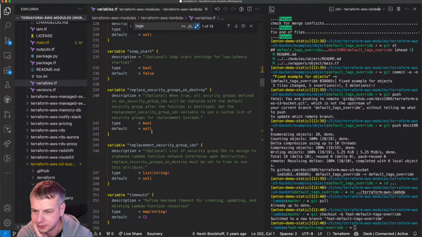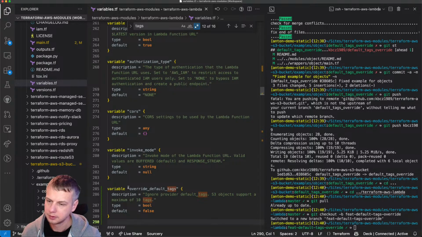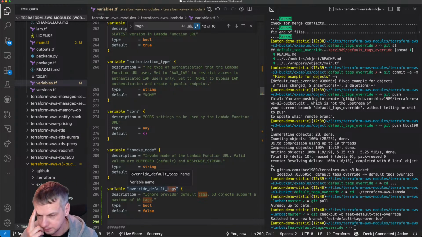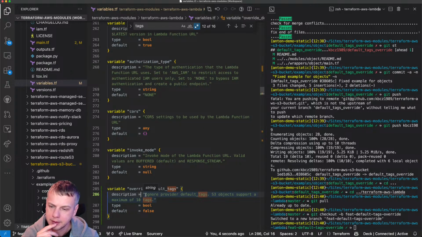Where to put this block? Let's put it here. So it's going to be override default tags. Description, let's make it a little bit more sophisticated for this one because it's a good idea to explain a bit more here.